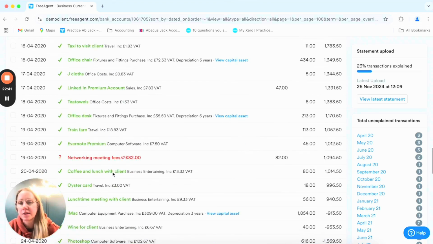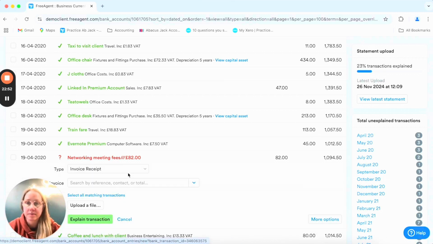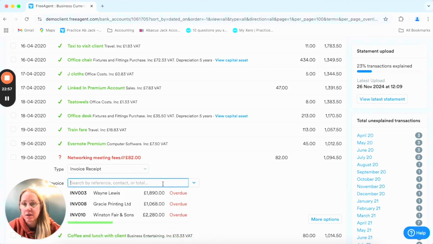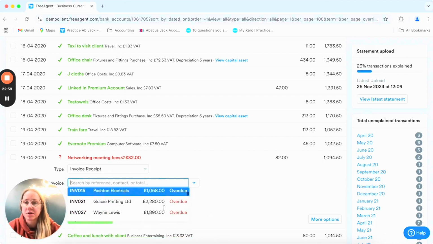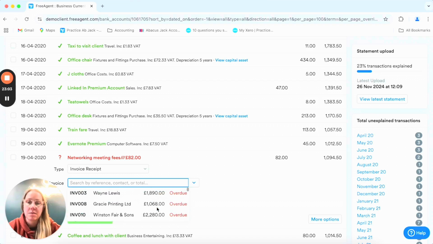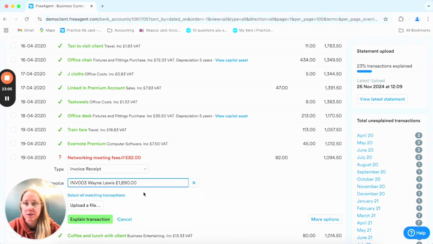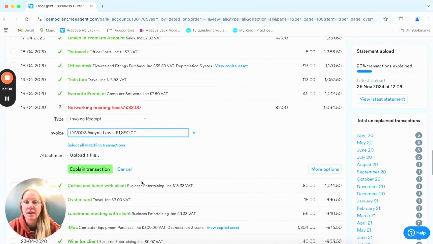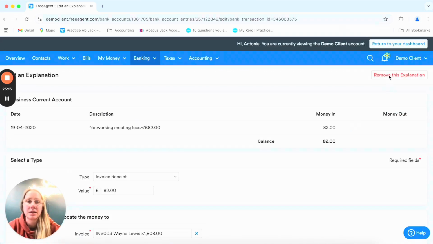So when you get a money in and it's a sales one, FreeAgent has artificial intelligence to try and build in who it thinks it's being paid by. So in this section here, it has a list of all the invoices that are waiting to get paid. Because we don't have a contact in the description, it hasn't been able to match this one up. But we could say that this is a part payment towards this one. So we select the invoice and we click explain transaction. Now I'm going to delete that out,